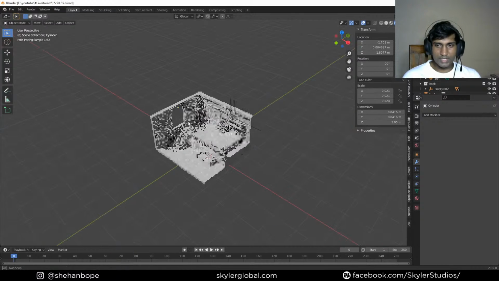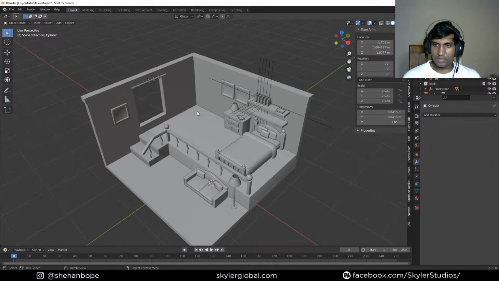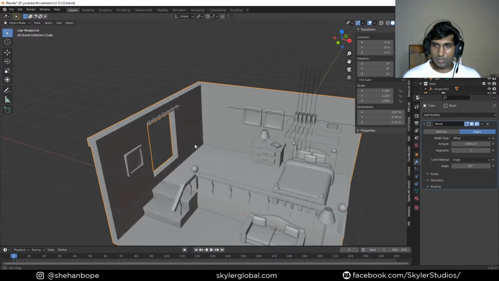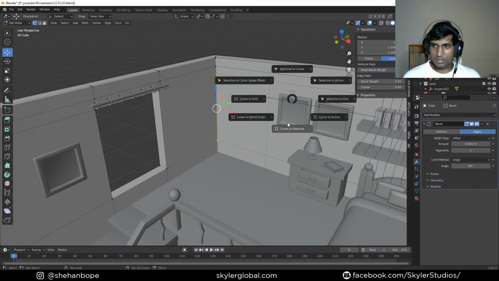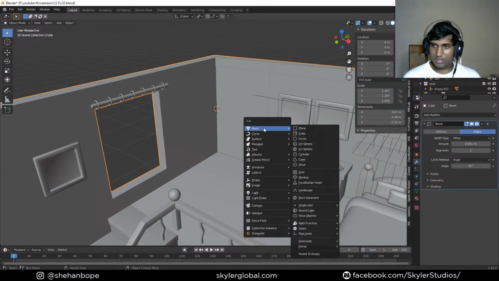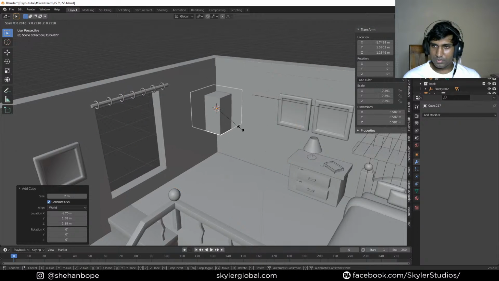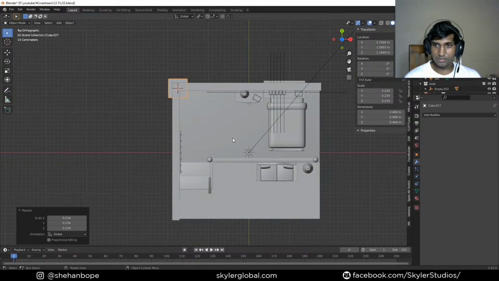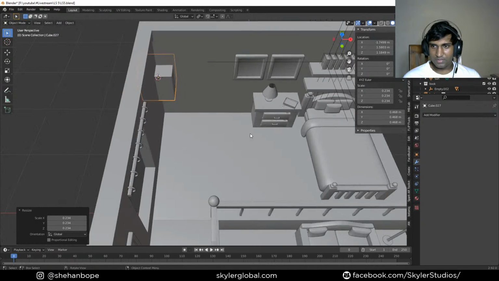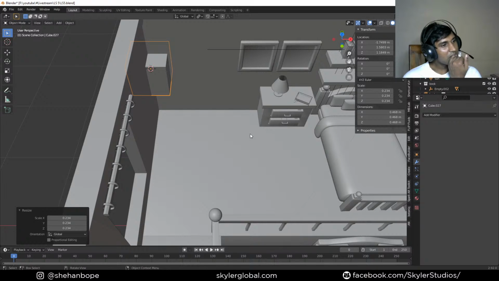I'm wondering what we can add here. I think we can add something like a closet here. So what I'm gonna do is select these, Shift S, add my cursor, and add a cube. I'm not sure what I'm gonna add to this corner. Oh, since it's a room, we can have a table. Like we already have something like that. Maybe